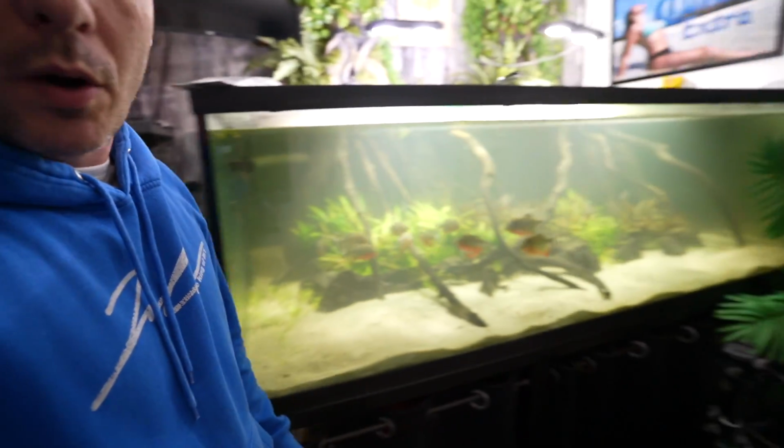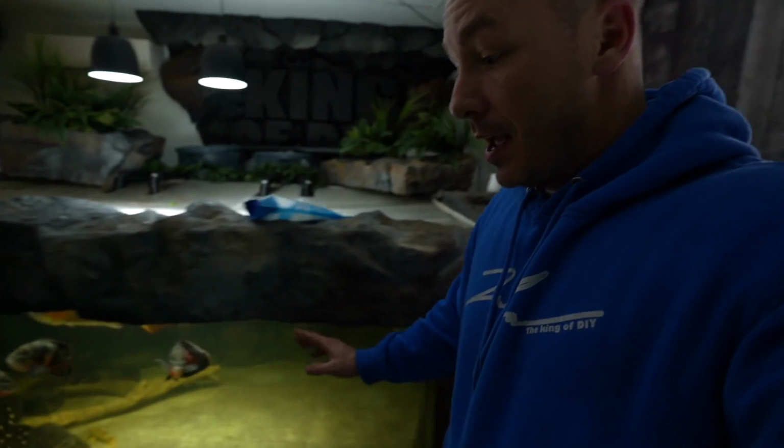Obviously the piranha tank's not going to go anywhere at all, ever. It was too expensive to set up. There are too many plants in there, I invested too much time. The tank's too heavy. I don't know where I would put 30 piranha. The other option and the other topic I want to talk about is the 2000, which is going to...